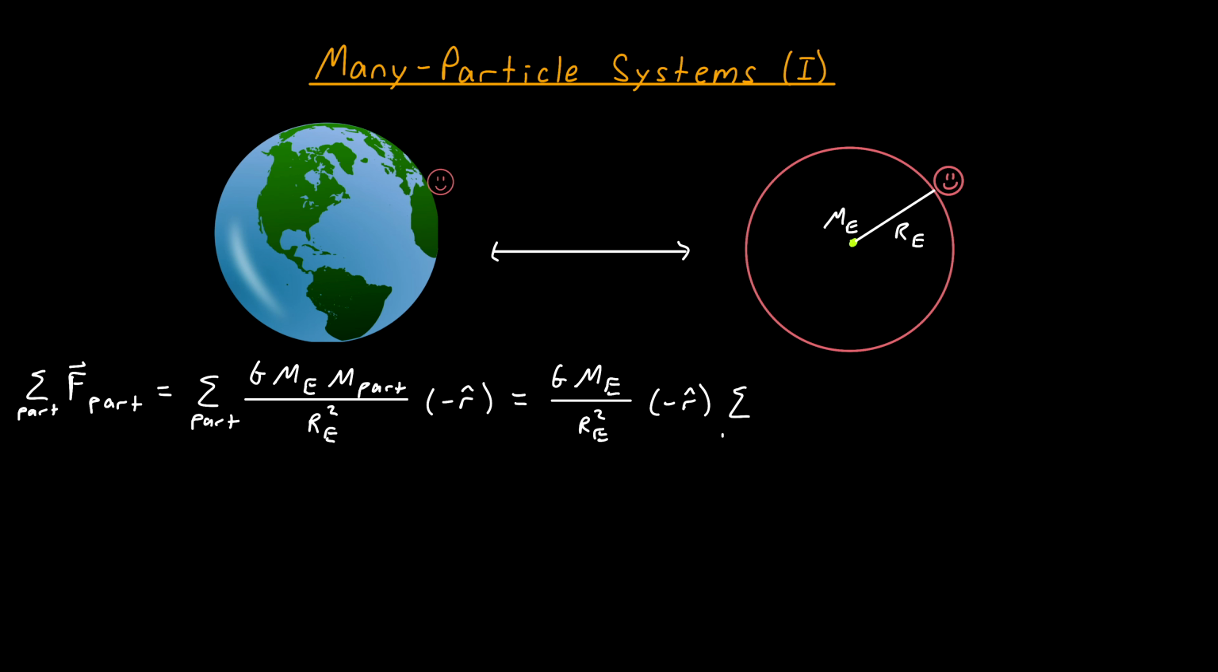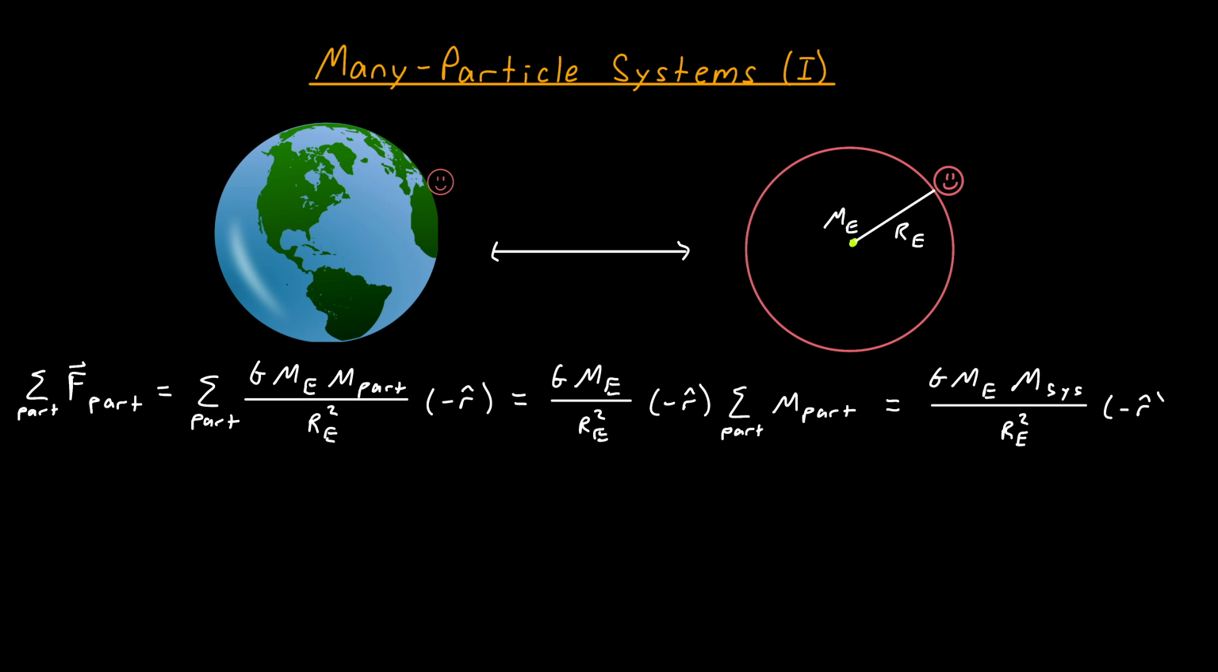And what we're left with is a sum over particles of the mass of each particle. And by definition, that sum is just the mass of your body, or whatever system we're considering on the surface of the Earth. So we can write this total sum as G times the mass of the Earth times the mass of the system divided by the radius of the Earth squared in the minus r hat